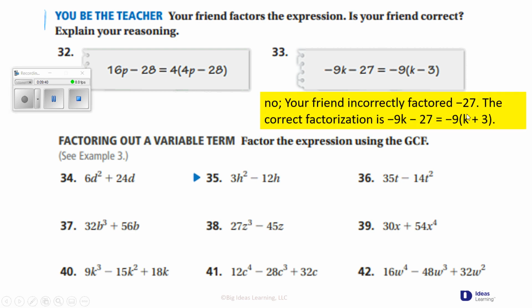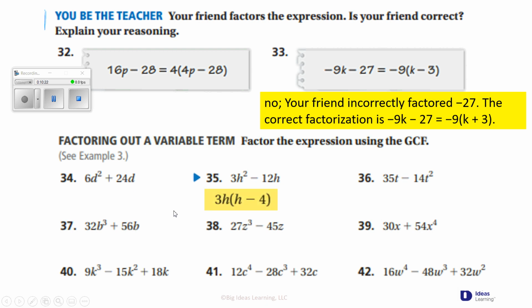So, no, your friend is incorrect. In factoring negative 27, the correct factorization should have been negative 9k plus 27 equals negative 9 times k plus 3. That should have been a positive 3. All right, next it says factor out the variables, terms, factor the expression using greatest common factor. I know that 6 goes into 6 and 24, so 6 will be factored out, and D goes into D squared and D. So I'm going to say 6D times D plus